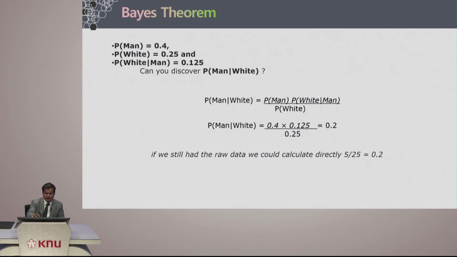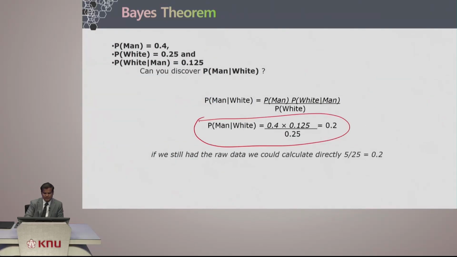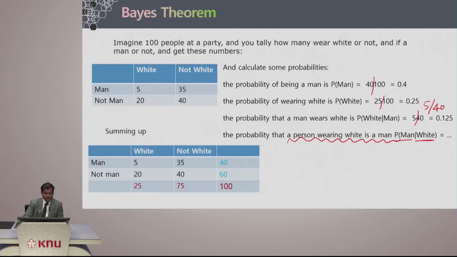With this thought, we can calculate using this formula here. In this case, we have 0.25. It is raw data, so we can also calculate directly. If you look closely, you can also see how this is being applied, 5 by 25. Well, with this thought,